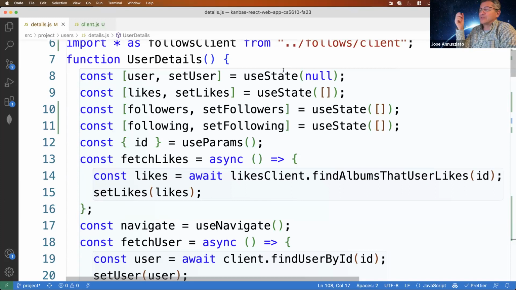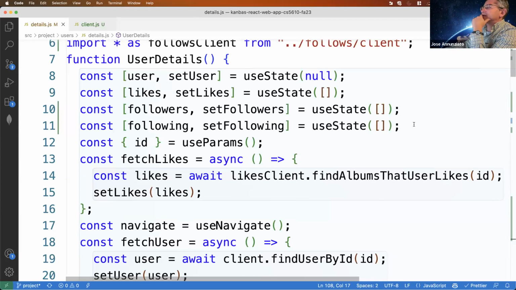Well, I guess we can fetch the current user. A better implementation would be for us to fetch it and store it maybe in a shared place, right? Maybe like a reducer, and keep track of that across the entire application. But we don't have that. So for now, let's do the brute force.